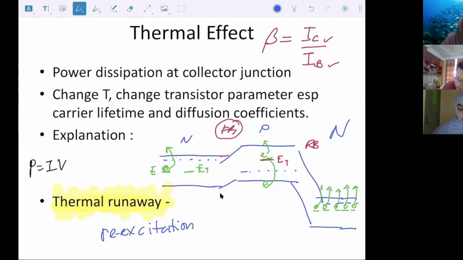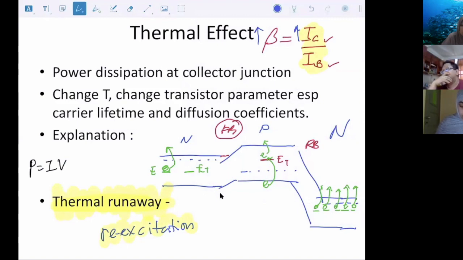So, therefore, what happens is, beta equals IC over IB. When you have re-excitation of free carriers here, you will increase IC. So IC here will increase, therefore beta will increase, right? So if the beta increases, therefore you increase,